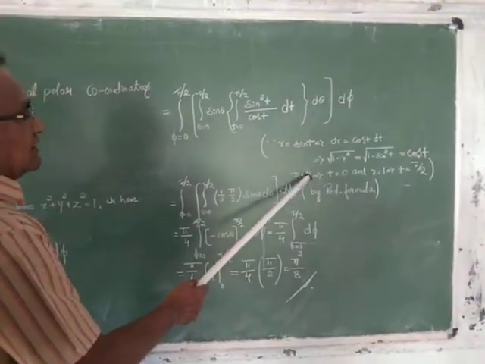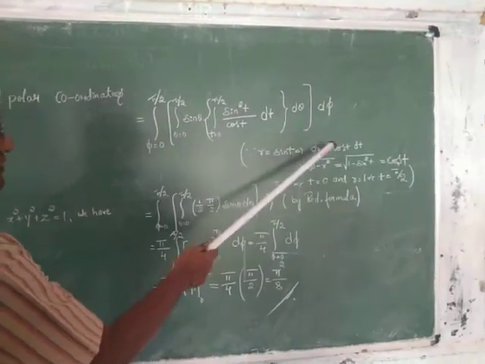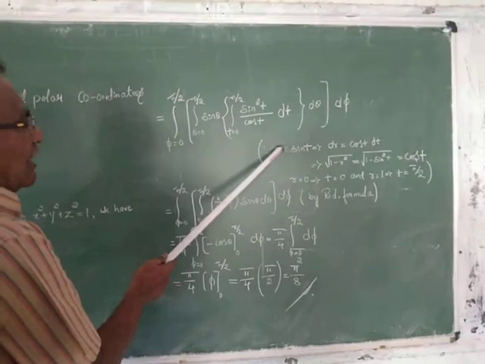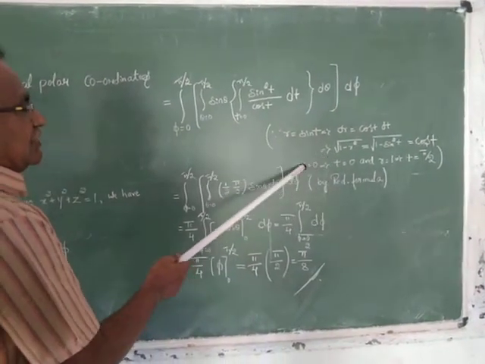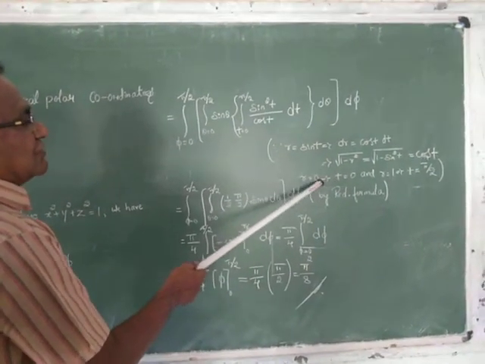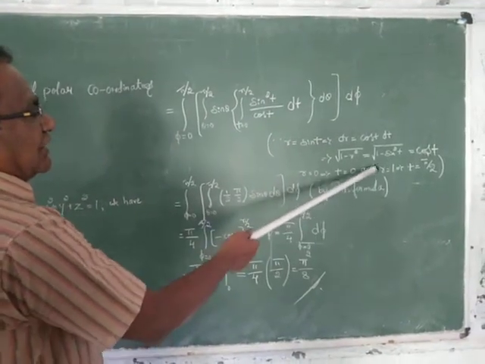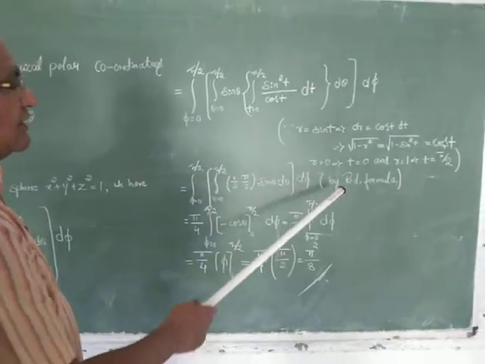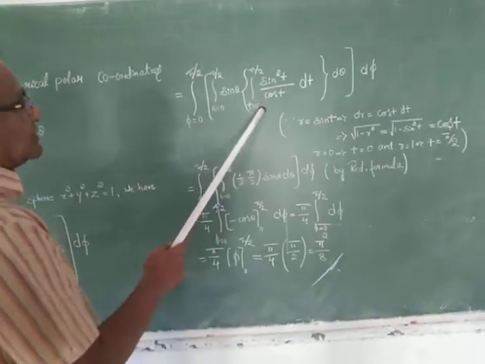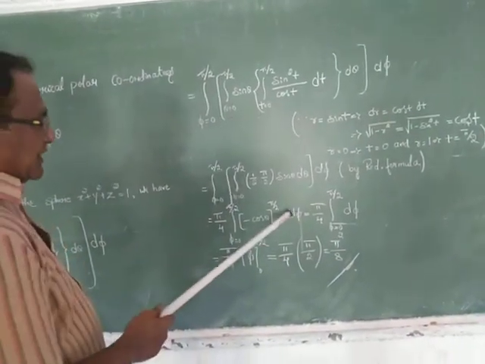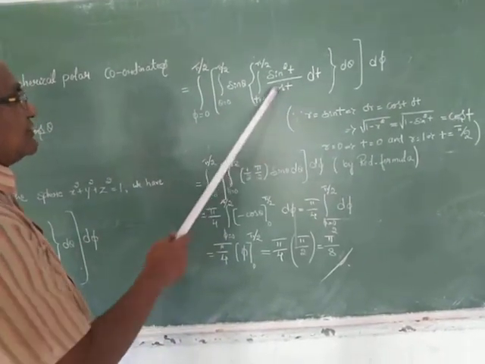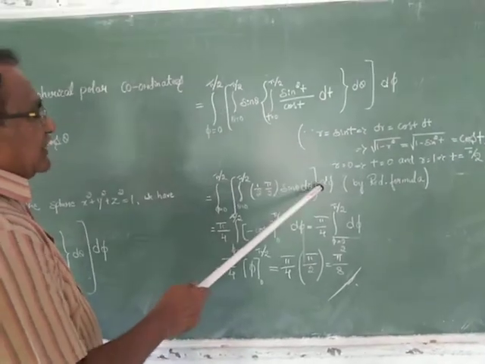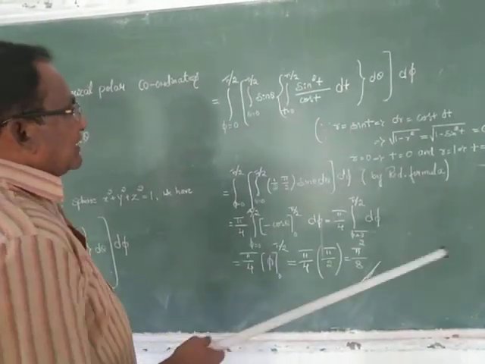Here we have made use of the substitution r equal to sin t, so you have to check the limits. When r is equal to 0, t is equal to 0, and when r is equal to 1, t is equal to pi by 2. Therefore by the reduction formula, it is t from 0 to pi by 2. Substituting these limits, we get here half into pi by 2 into sin theta d theta.